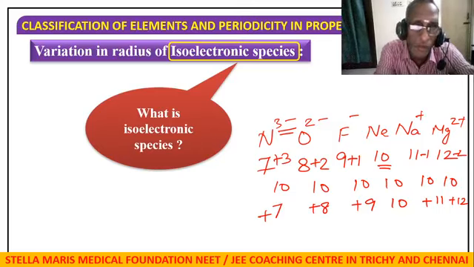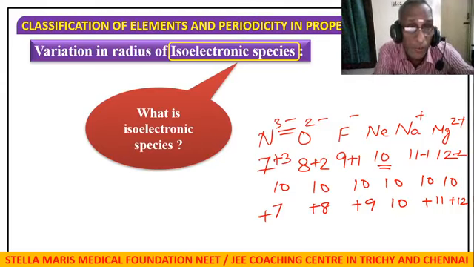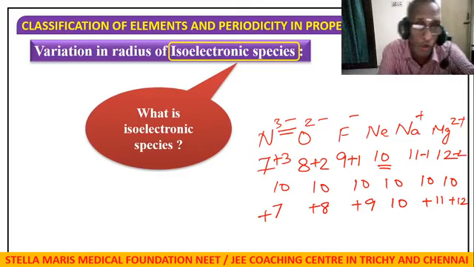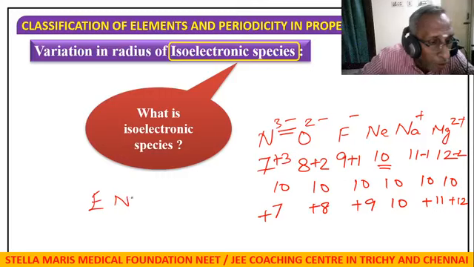So, nuclear charge increases means it will not let the electron go out. If it does not let the electron go out, the electron will be pulled towards the nucleus. If it is pulled towards the nucleus, size of the atom decreases. Higher the nuclear charge, lower is the size. So effective nuclear charge, once again,